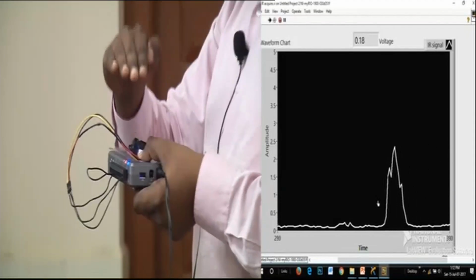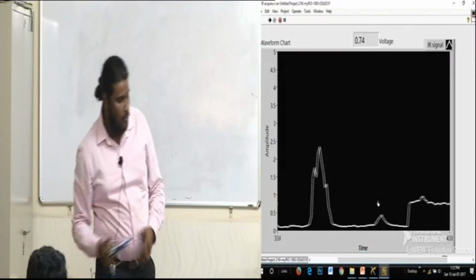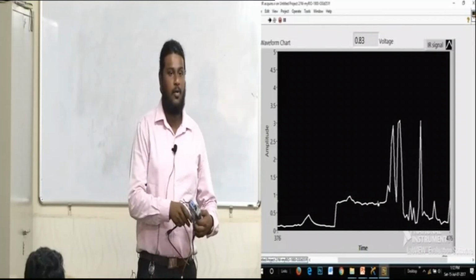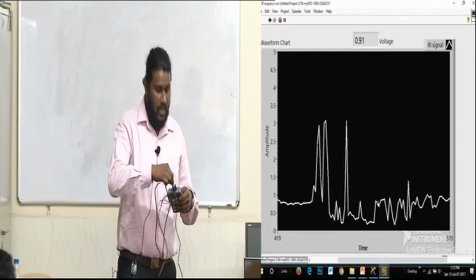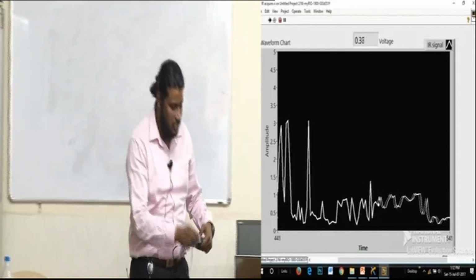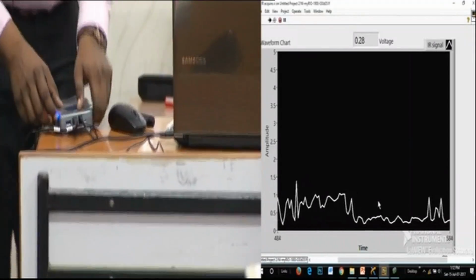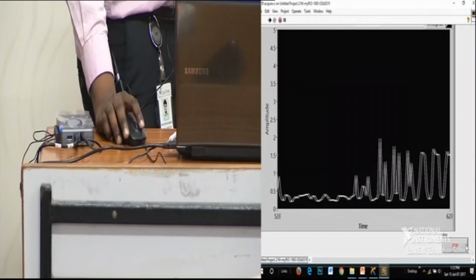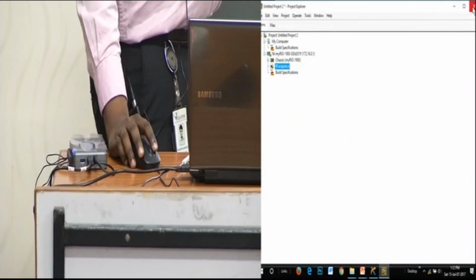You understanding this? Okay. What I'm going to do now is show the procedure again from the first, I mean the LabVIEW code. For this I have to establish a USB cable connection. First of all, I'm just going to establish a USB cable connection. I'll connect it. I'll say do nothing. I'll stop it. I'll close this. I'll even close this. Let me take a fresh one. I don't want to save this.